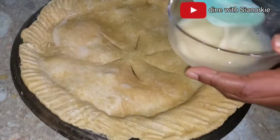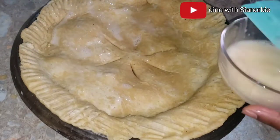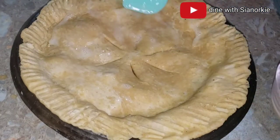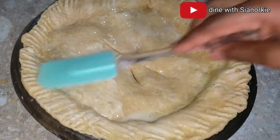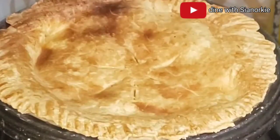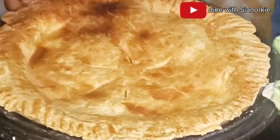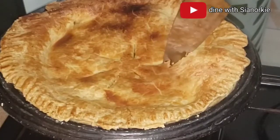Now my brush is out of coverage area, people. So this is an egg wash. It is 1 egg with 2 tablespoons of water that I have whisked, and then I'm just spreading it over my pie. I bake this under medium heat for 30 to 35 minutes, and this is how my pie is